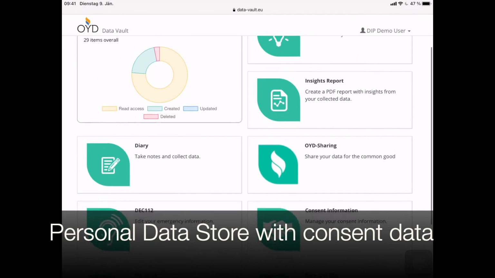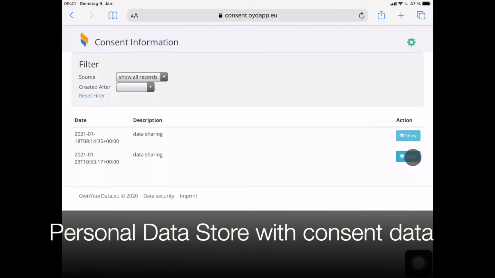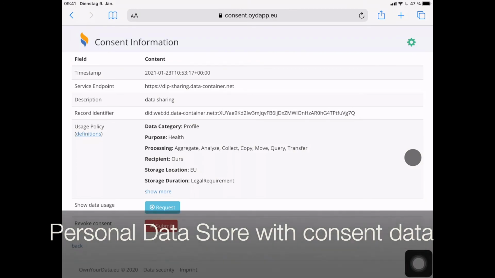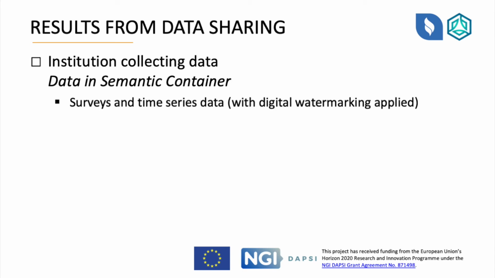The user's personal data store also provides a plugin to manage consent information. All consent receipts provided by semantic containers, for example, can be listed along with selectable service endpoints and associated usage policies. From a data perspective, this workflow demonstrates how a requesting organization can benefit from an encapsulated process to retrieve